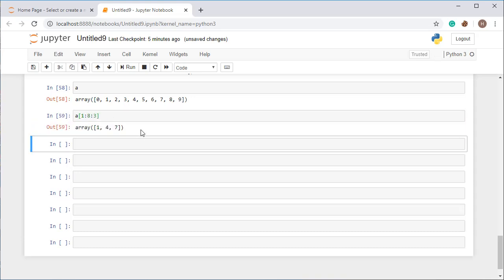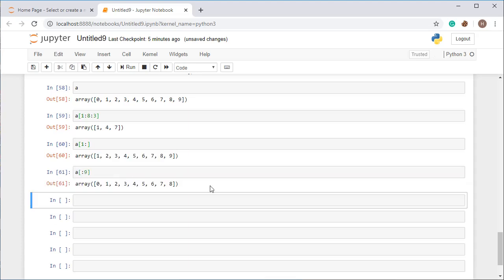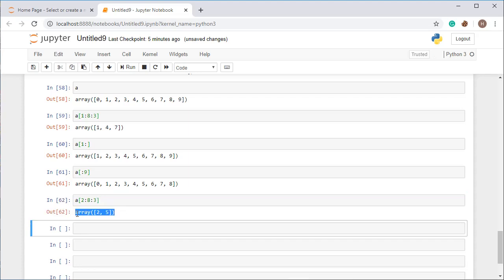So you will get an answer like this. You can perform it this way also, start from 1 and go up to the end, then you will get an answer like this. Start from the initial and end at 9, then you will get an answer like this. You can also provide a jump like 2, start from 2, end at 8 and take a jump of 3, then you will get output like this. Alright, so in this way we can do the slicing part.